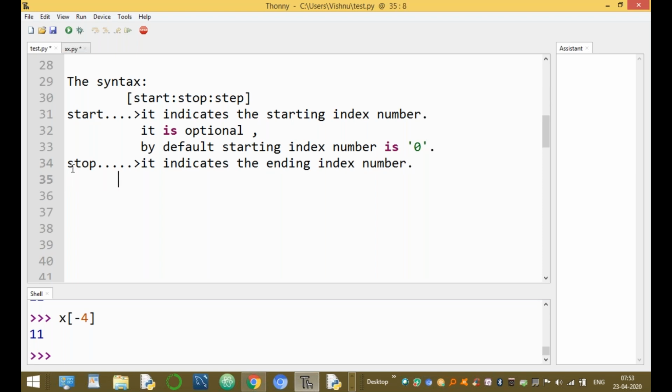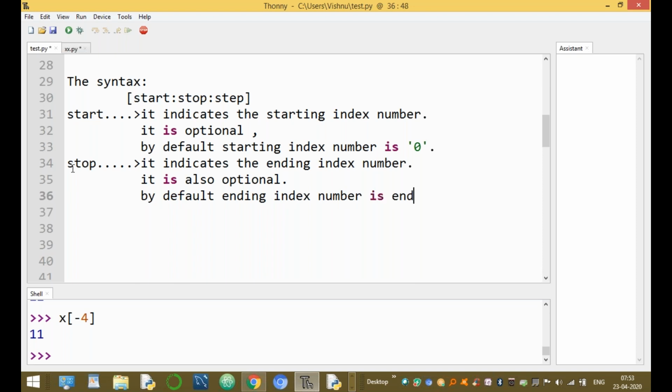Clear? It is also optional. If you are not providing any value, by default the ending index number is the end of the list, either list or tuple or string, any value.